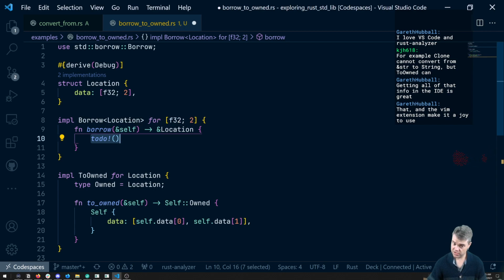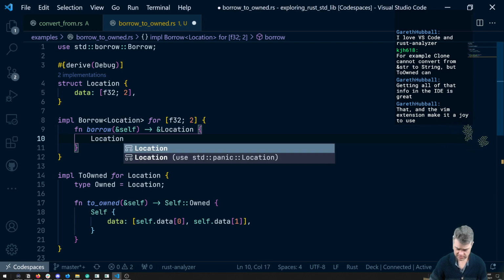We're going to turn it into a Location. So if we borrow on an array like this, I guess this will just create a Location,